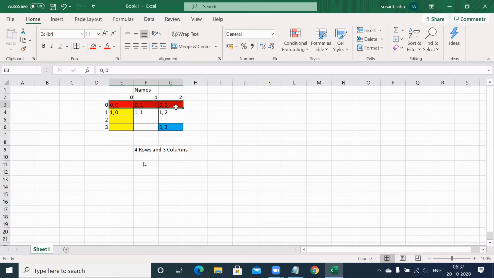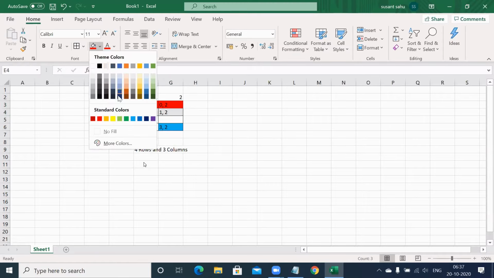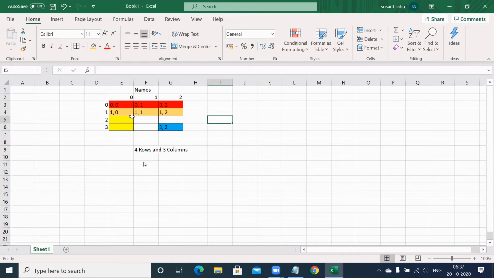That means across the row the row number is constant and the column number is varying: 0, 1, 2. Similarly, across the second row, again, the row number is 1, but the column number is varying: 0, 1, 2.